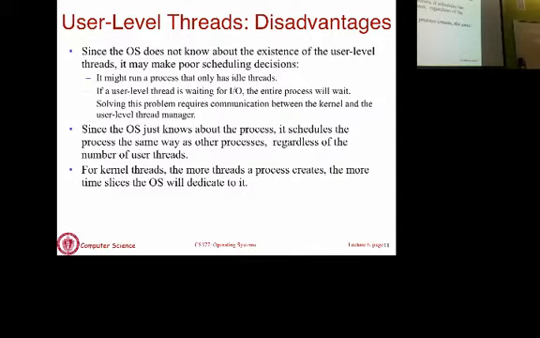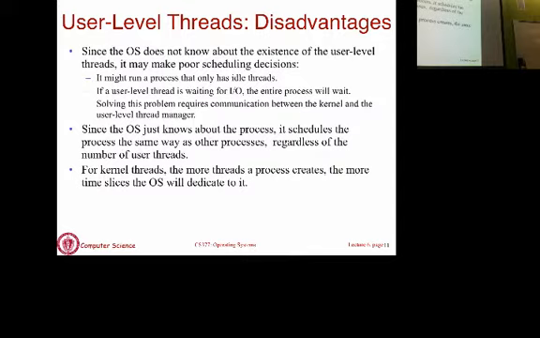And a corollary of this disadvantage is that user level thread packages also cannot take advantage of multiple cores that you may have. Since it's one process and you can only schedule that process, not explicitly schedule threads within the process, you will only run on one core at a time. With kernel level thread packages, you can actually schedule two threads of the same process in parallel on two different cores. That's an aside, but the more important point is if one thread blocks, everything is going to block, and you will not be able to make progress.